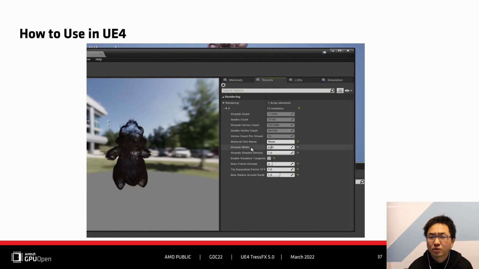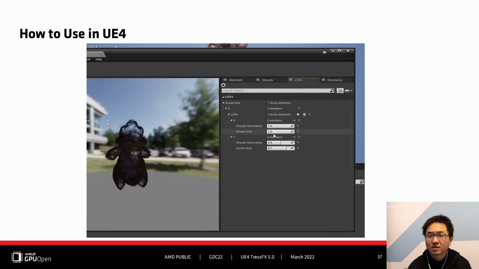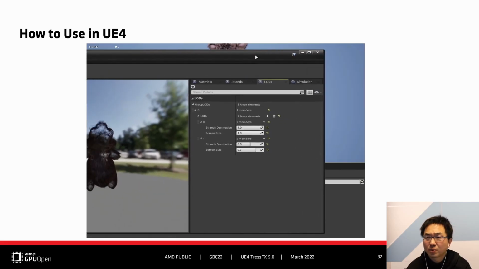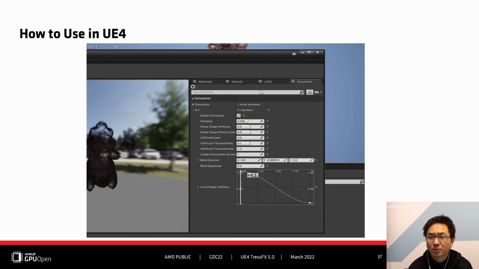In the Strands panel, control strands width and follow hair. In the LOD panel, set screen size and strands decimation of each level. In the Simulation panel, enable simulation, and you can use the curve editor to edit local shape stiffness.